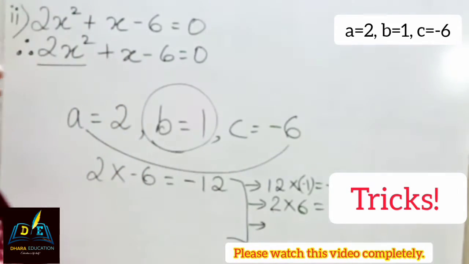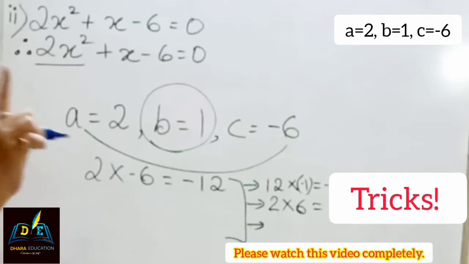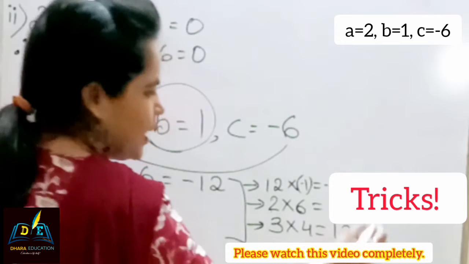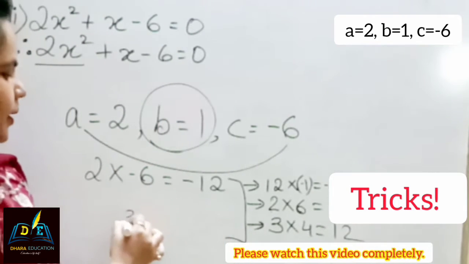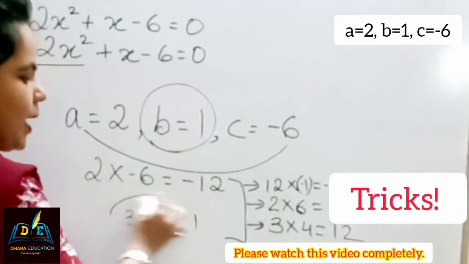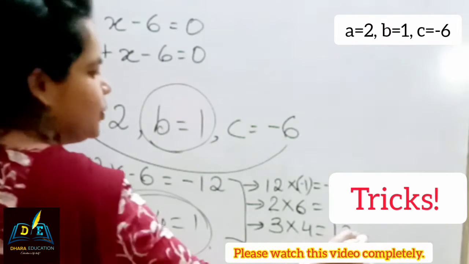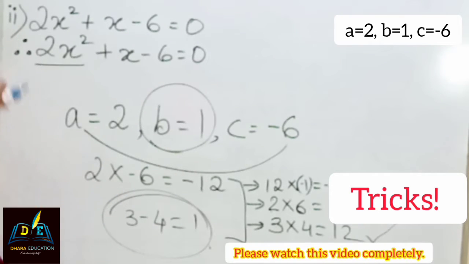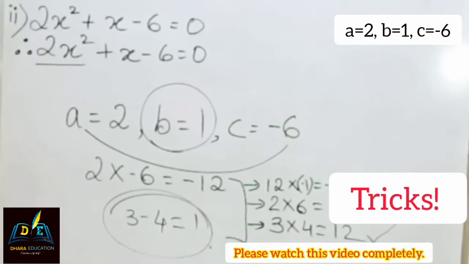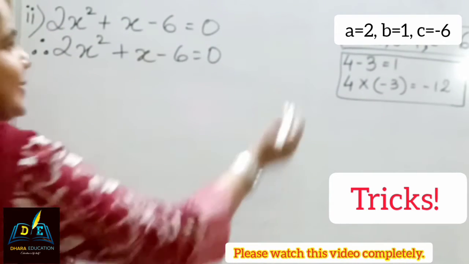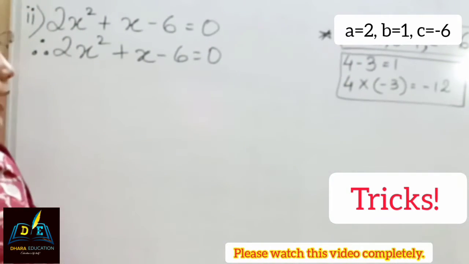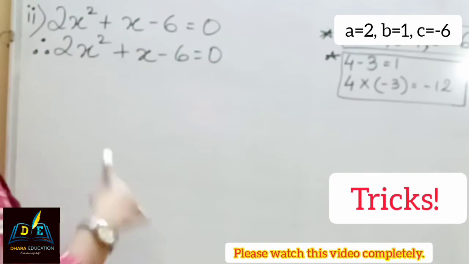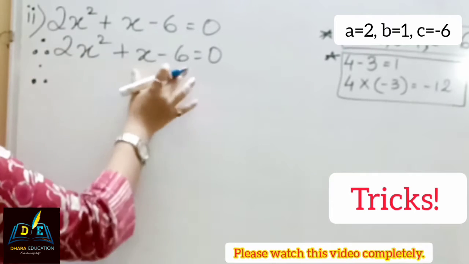What is left over here is 3 multiplied by 4. That is 3 fours are 12. And if we subtract, it will come 1. So here the things will work. Correct? So with the proper sign, we will solve it now. Let's start. Students, for your better understanding, I have written here. And also I have written here so that we can see over there. On the other hand, I have already written the first step.